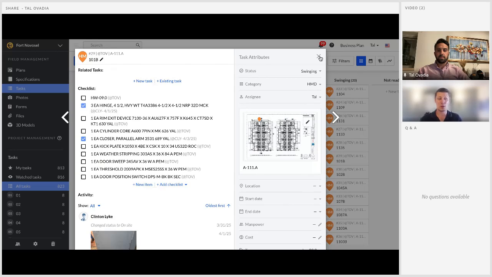Yeah, fantastic. So if I'm understanding correctly, the end installer is responsible for taking photos of the door at its current status, whether that's swinging or fully completed, and then updating it to the appropriate status. I guess, what are some of the use cases for that information? Are you using it to do progress billing or prevent back charges? How does that benefit your business?